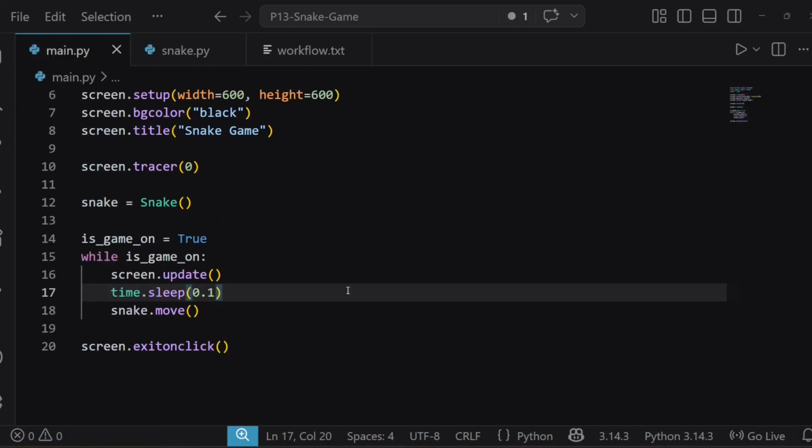And in the next video, we are going to add functionality to control our snake using keyboard like up, down,